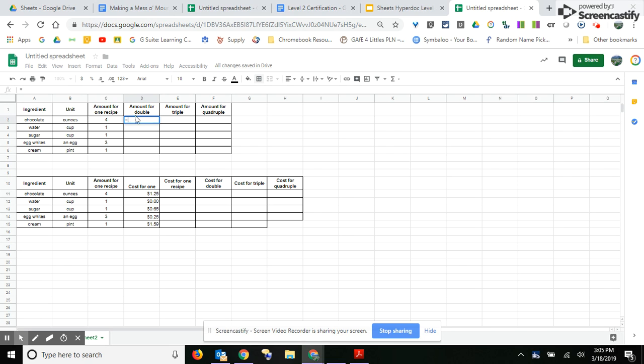So what I want to do is I want to double the amount that's right here. And I could just put 4 times 2, hit enter, and it makes 8. However, if I change the amount here, then this won't change. So if I change this to 6, nothing happens here. Okay, so what we really want to do is let's get rid of this formula here and let's start a